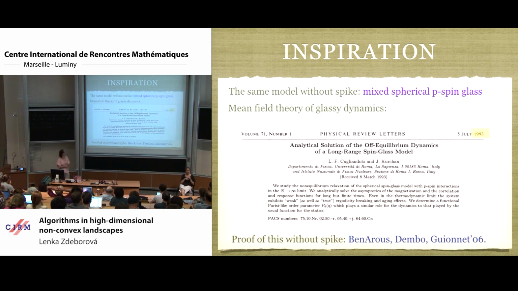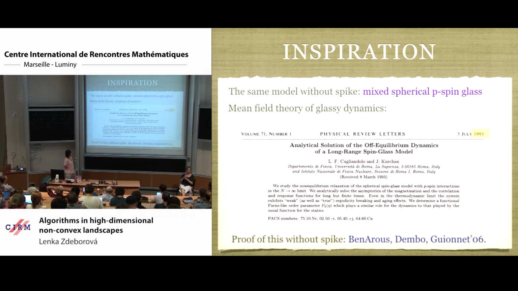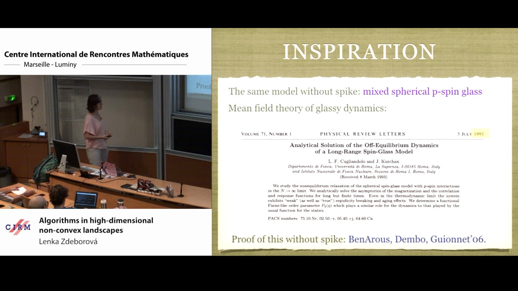So this time, the paper that we needed to fish out to understand how to analyze this is the one by Cugliandolo and Kurchan. Maybe that's not the first one, but it's definitely a very nice one where you can actually understand what's going on. It is a landmark paper that helps us understand how the dynamics of glassy materials, such as window glasses or spin glasses, behave. So it's a very well-known paper in the physics of glassy materials. As far as I know, nobody took the methodology developed there to describe how algorithms are working. So that's kind of what we brought.